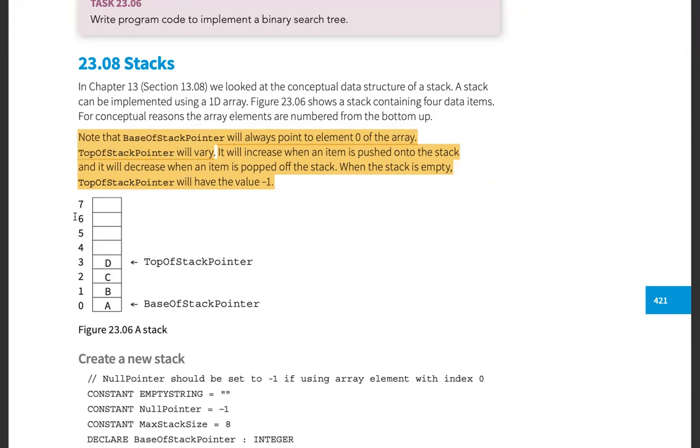So what that means is that the elements that are pushed in first will move towards the bottom of the stack, and any element that is pushed in last will be the first to remove,